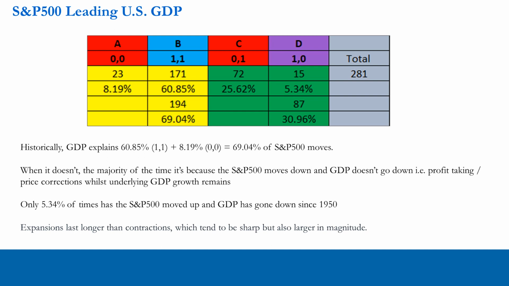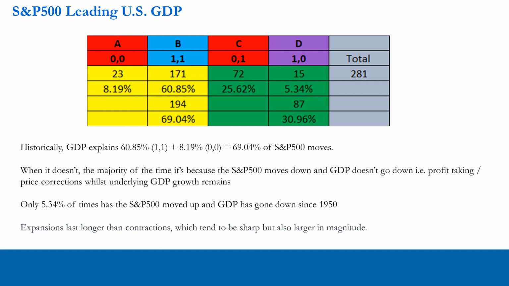So scenarios A, B, and C, if we can predict those situations, we have massive odds in our favor. But just being able to predict them both moving in the same direction still gives us extremely good odds. So if we can predict GDP and we use the S&P 500 as an instrument to represent our view, 69% of times we're going to get it right. The market is going to move in the same direction as GDP, assuming that we can predict it.